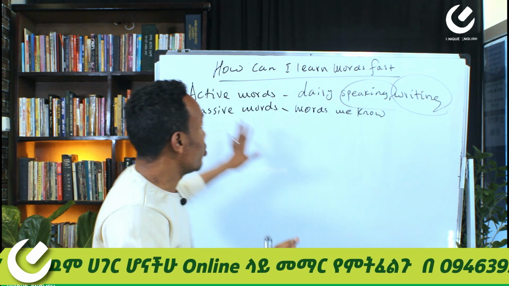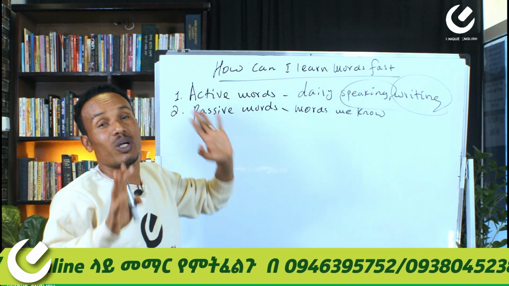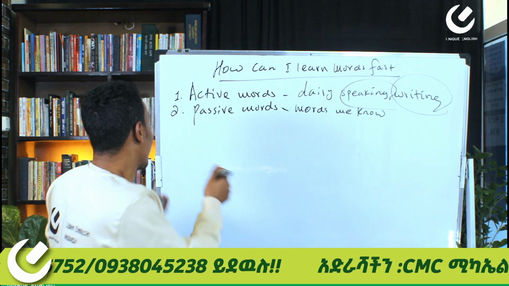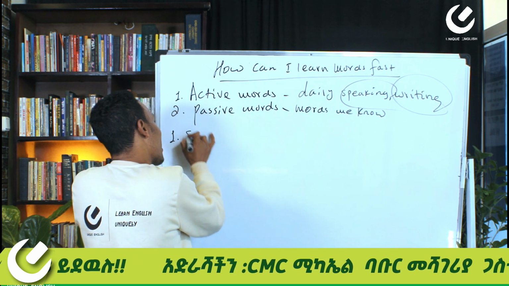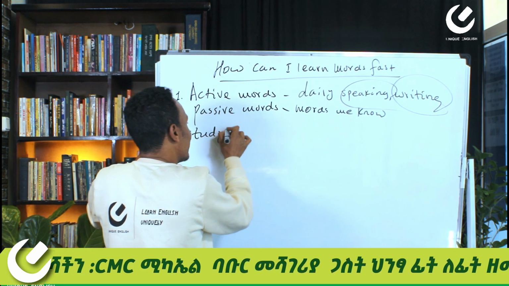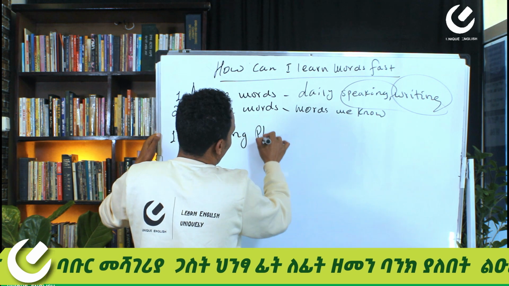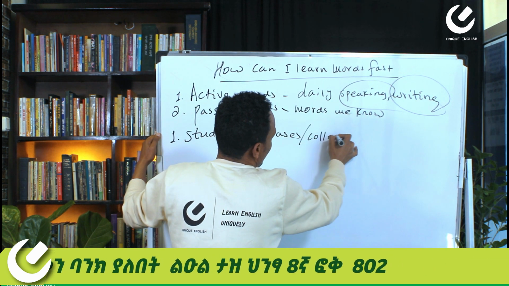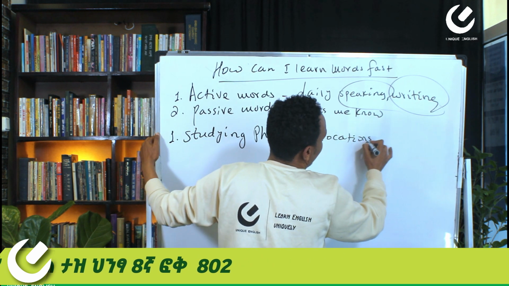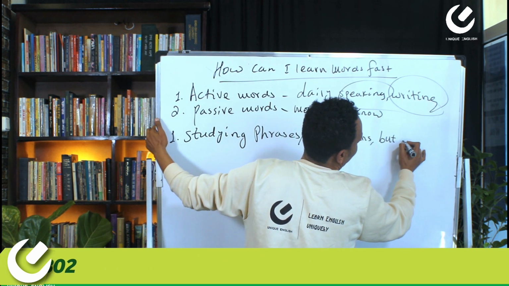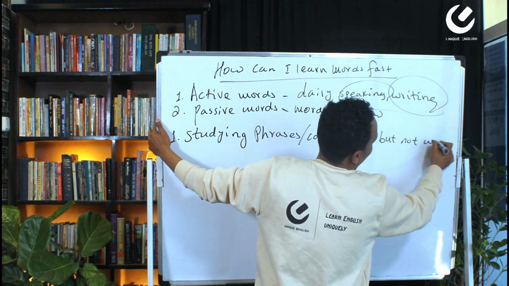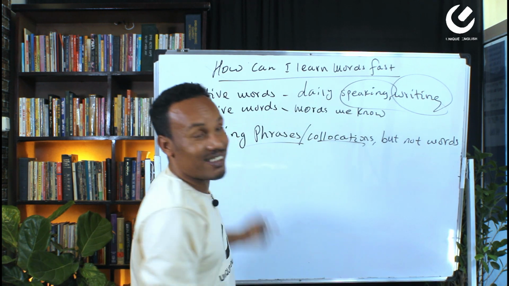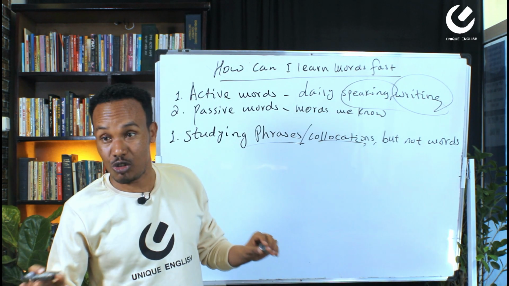This is there. So, how can I learn words fast? The best strategy for learning words fast is, the first thing, studying phrases or collocations, but not words. ቃላትን ሳይሆን ከቃላት ጋር አብረው የሚሄዱ ኮሎኬሽንስ ወይም ሐረጎችን ማጥናት ጠቃሚ ነው የሚሆነው ማለት ነው።